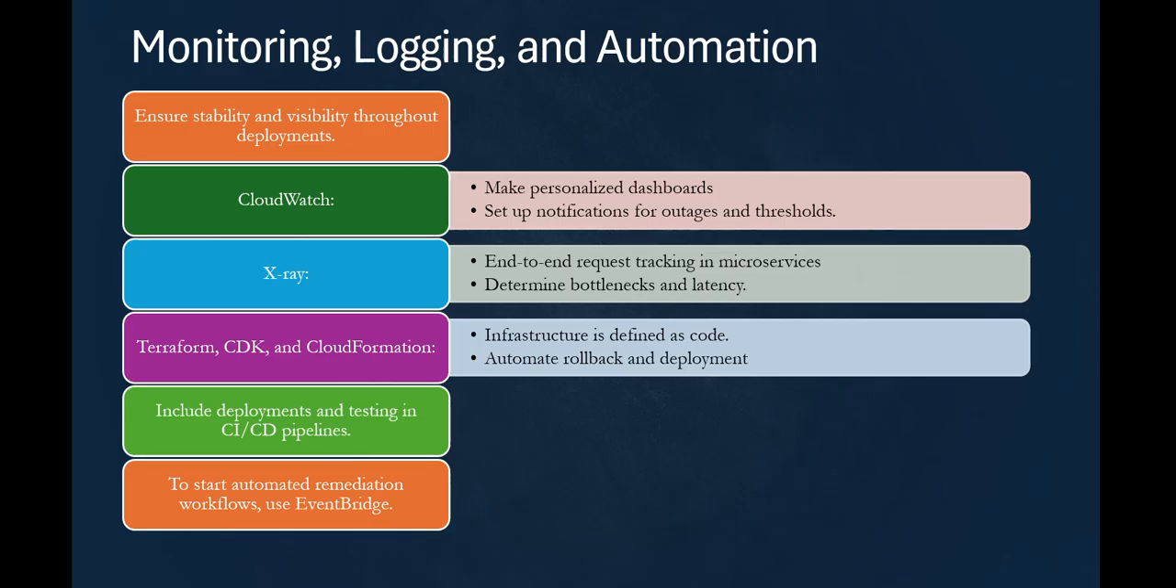Here is monitoring, logging, and automation. Ensure stability and visibility throughout the deployment. With CloudWatch, we have options like making personalized dashboards and setting up notifications for outages and thresholds. X-Ray provides end-to-end request tracking in microservices and determines bottlenecks and latency. With Terraform, CDK, or CloudFormation, infrastructure is defined as code, with automatic rollback and deployment. Include deployments and testing in CI and CD pipelines to start automatic remediation workflows. Use event